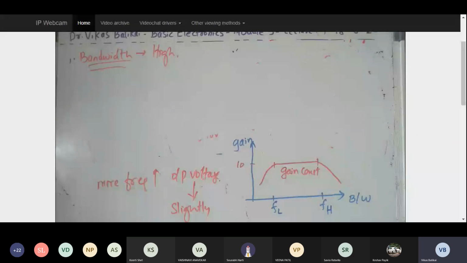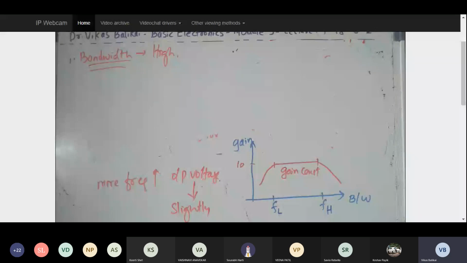So if I take a signal lower than FL or a signal higher than FH, your gain will decline and hence your output voltage will also have a drastic declination. So the meaning of this bandwidth should be very very high for my operational amplifier indicates that... now tell me,